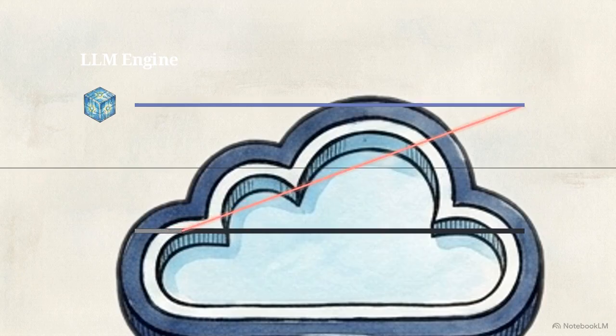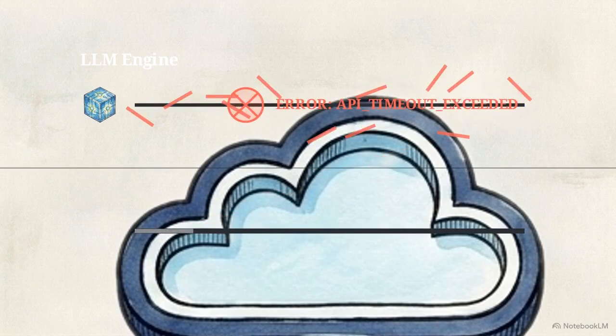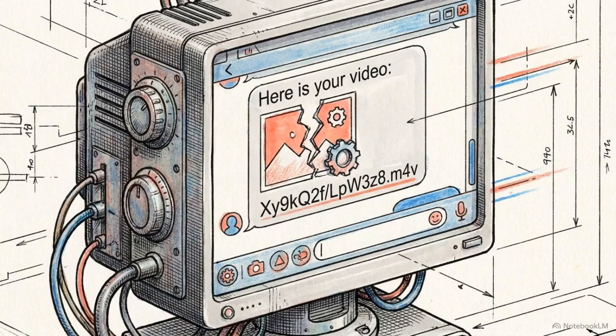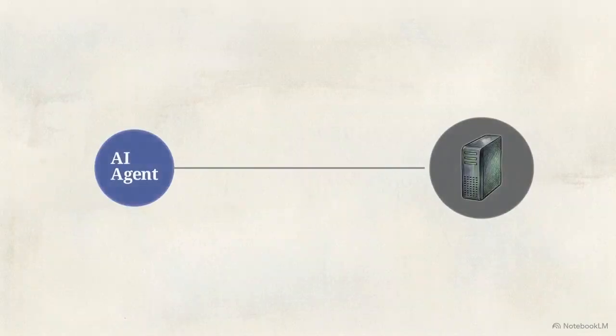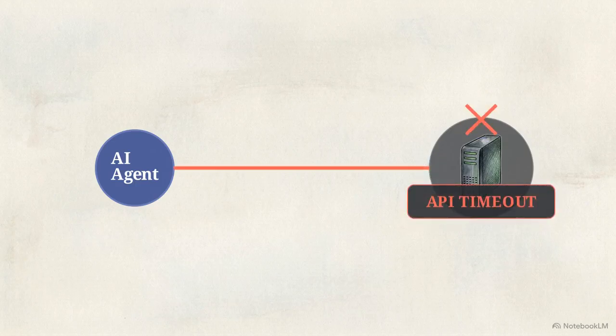Because language models demand immediate responses, the agent often disconnects and throws an error when rendering takes too long. Without a way to manage this wait time, the agent may hallucinate a fake broken completion URL to bypass the delay. Without a dedicated buffer to bridge this time gap, autonomous agents cannot reliably handle high-end media, completely stalling fully